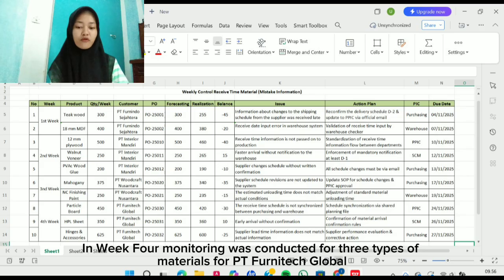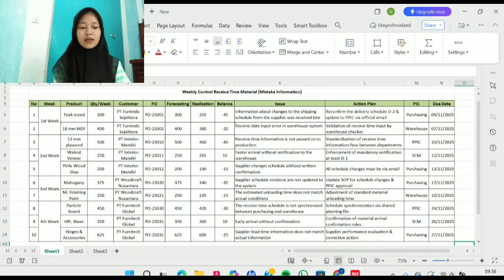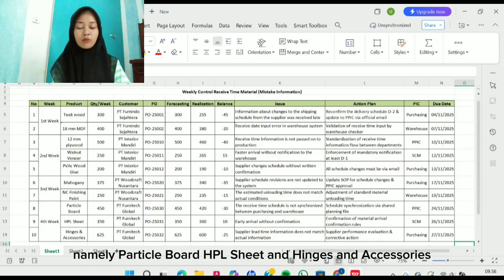In week 4, monitoring was conducted for 3 types of material for PT Furnit Global, namely particle board, HPL sheet, and hinges and accessories.